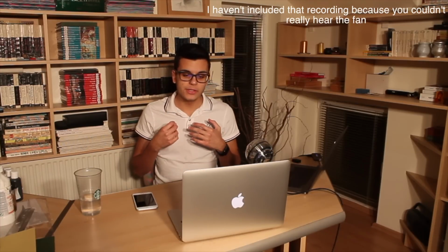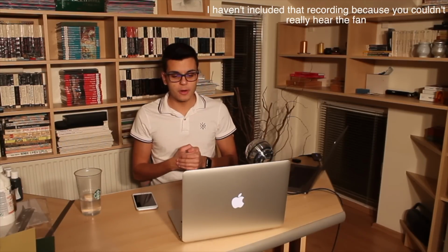Now on to fan noise. I recorded a little bit of the fan noise while I was running the Heaven benchmark that is just pushing the GPU of the machine, and it's definitely audible. It's about as audible as the 2 fans on my MacBook Pro. This only has one fan, but the kicker here is that the MacBook Air's fan doesn't run when it's idling,